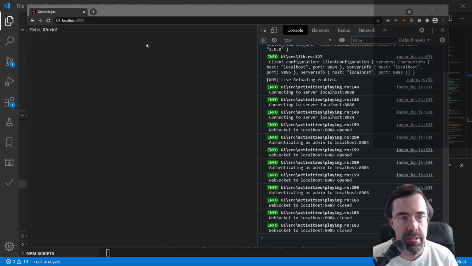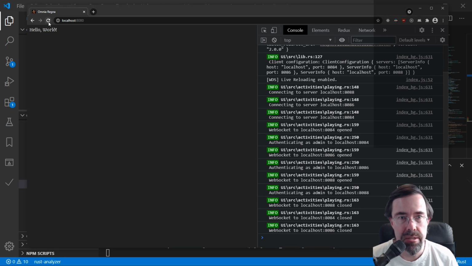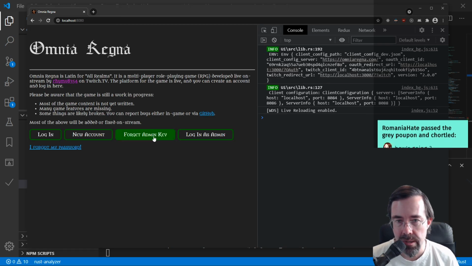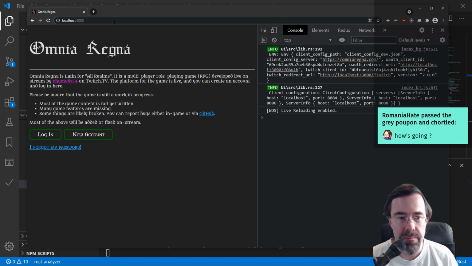And the other thing to test is that if we get an authentication failure, it shouldn't try to reconnect. So authentication failure could be, hey